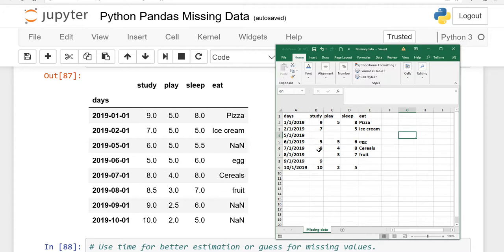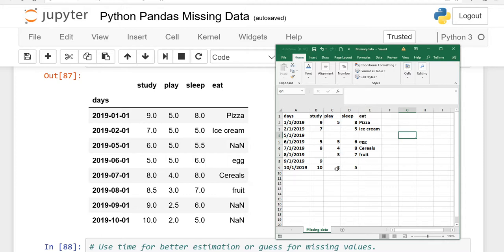So here is 8 hours on January 7th, and January 9th is 9 hours. So the system says, okay, it will make an estimate, maybe you have spent between 8 and 9, so 8.5 hours. Same thing here, the system will see, okay, you spent 5 hours in playing, so interpolate says, okay, this is the guess that maybe you have spent the same time on January 1st and 5th.